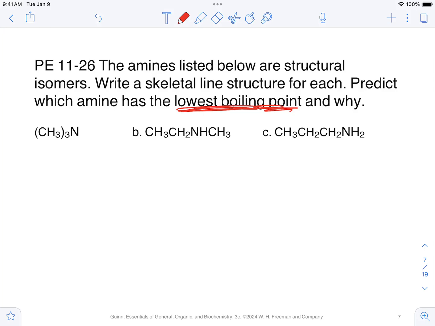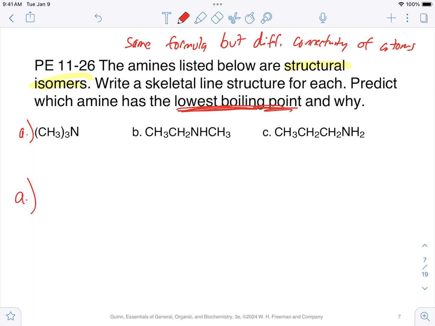But for now it says the amines listed below are structural isomers. If you remember what a structural isomer is, it has the same formula, but different connectivity of atoms. Okay, so these are all structural isomers. It says write a skeletal line structure for each. So if we're going to start with A here,